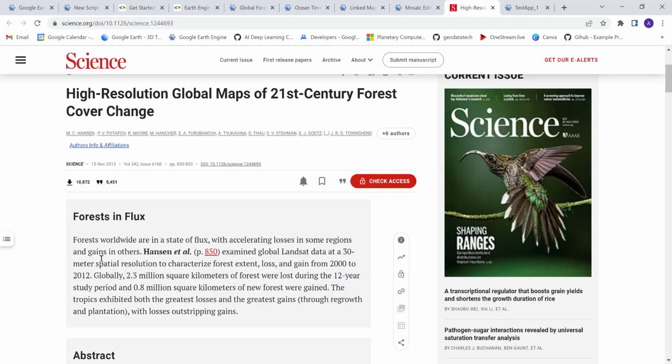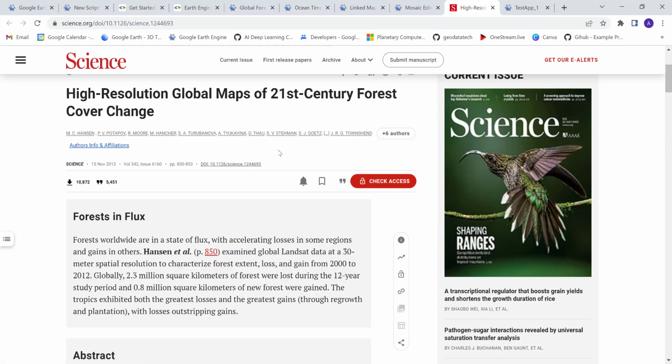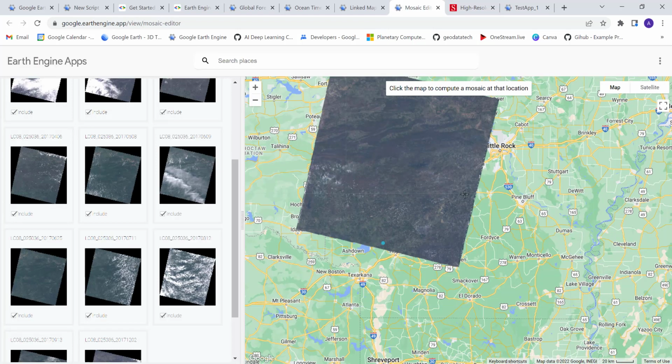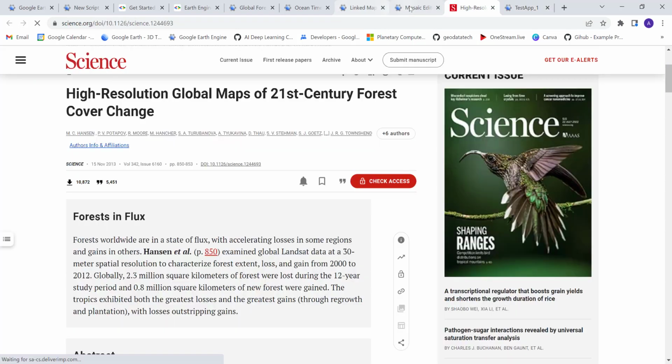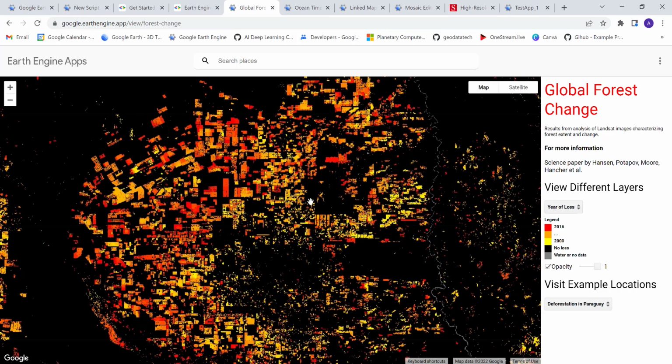So it will demonstrate global forest coverage and some forest change, gain and loss, for about a 12-year period. They're summarizing the result of this analysis, which is published in Science, in this app. Let's just go back. Okay, here we go. So this is the Global Forest Change Earth Engine app to demonstrate the data that's published in